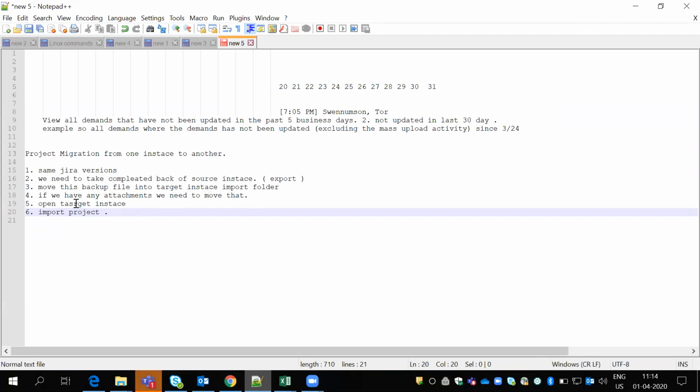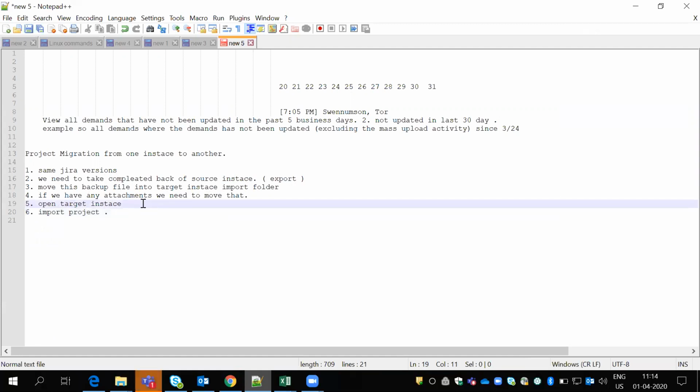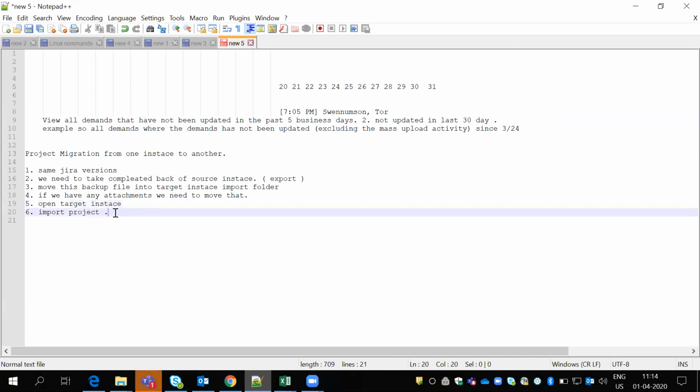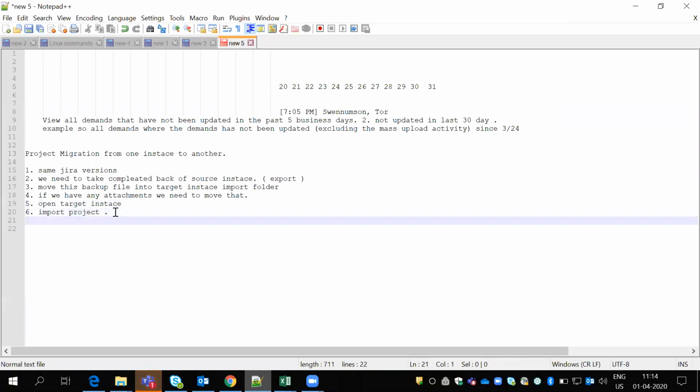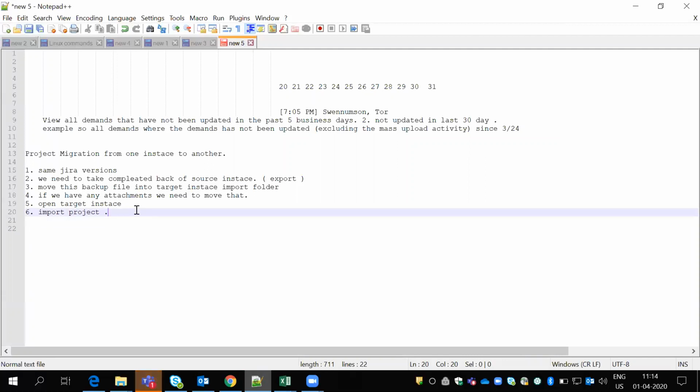Then we need to open the target instance, and we have options like Import Projects. In Import Project, first we need to select the complete backup.